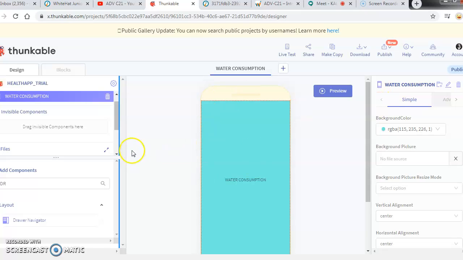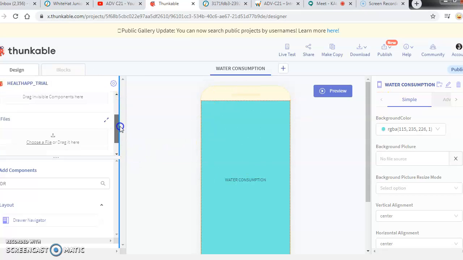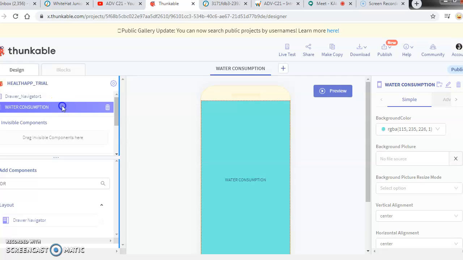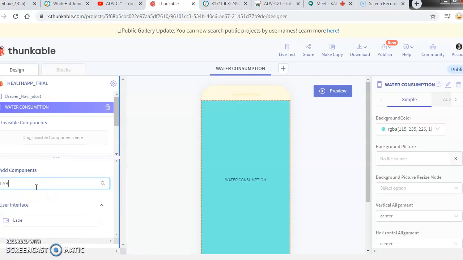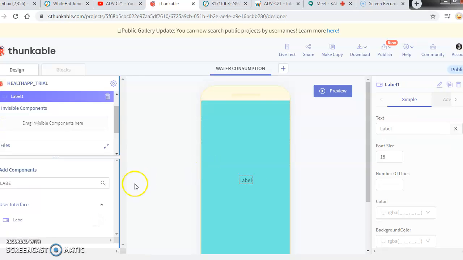So once the screen is set, now you are going to add some buttons to the screen. Okay, so now you have to go and search in components here. So you are going to add labels here, and just drag and drop the label. Okay, that's it. Drag and drop a label 2 times.